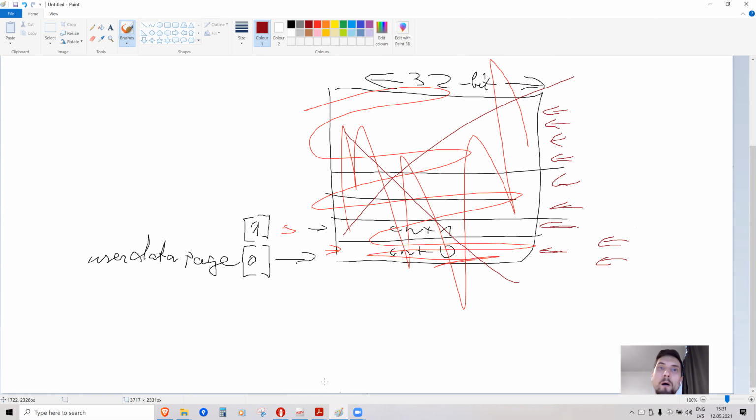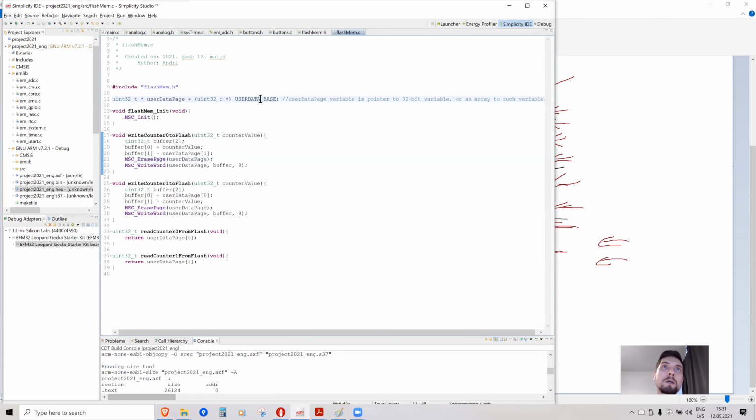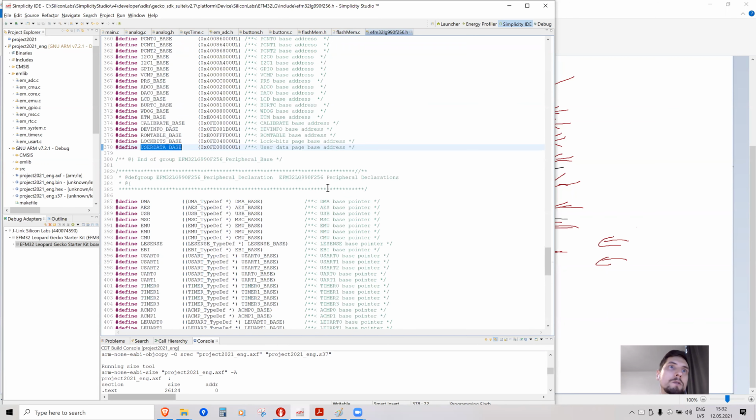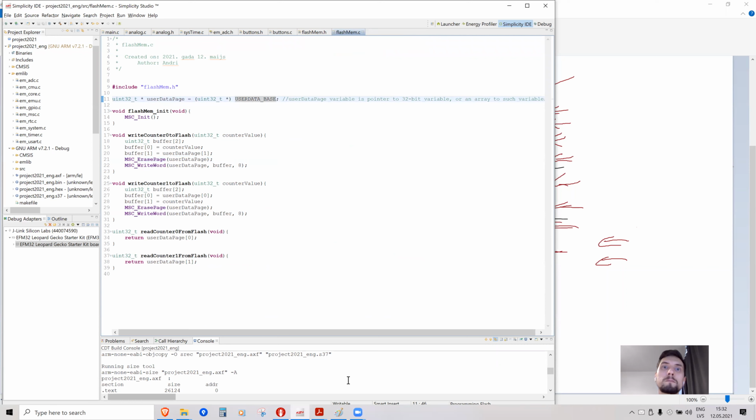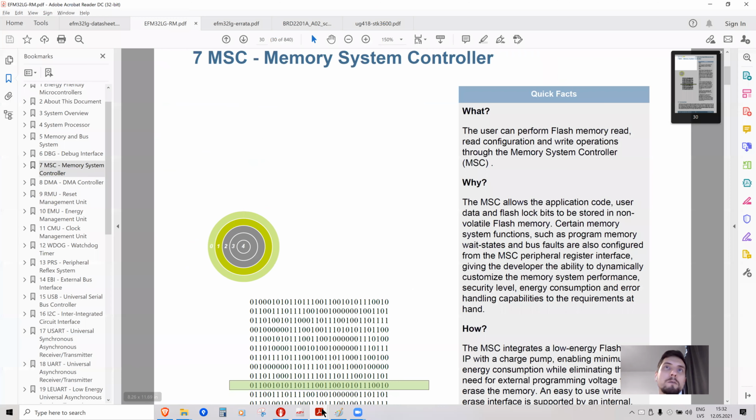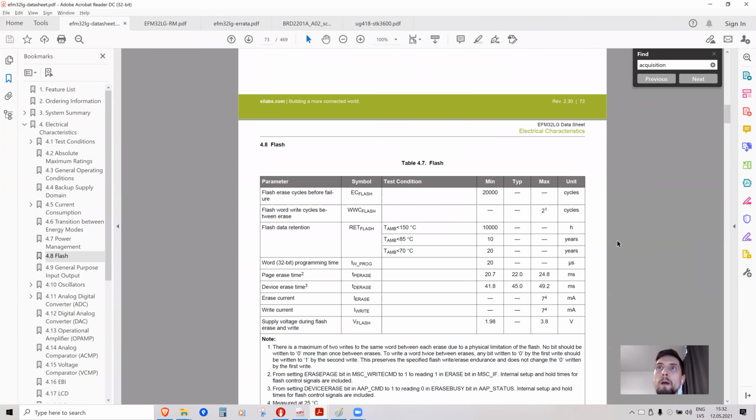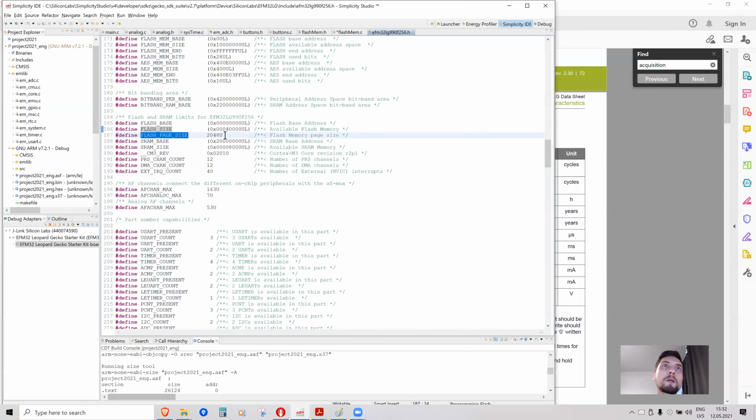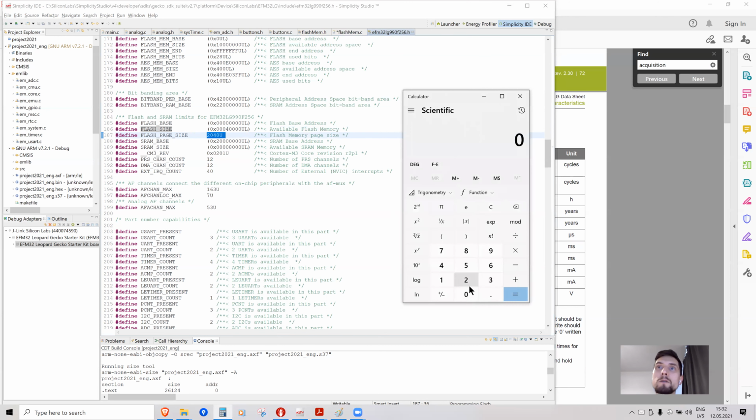If you want to know the flash page size, one flash page in this microcontroller is, let's see, flash page size. I think it's 2 kilobytes, but it should be written somewhere here. Okay, flash size is here, and flash page size for this processor is 2 kilobytes. So it's 2048 bytes